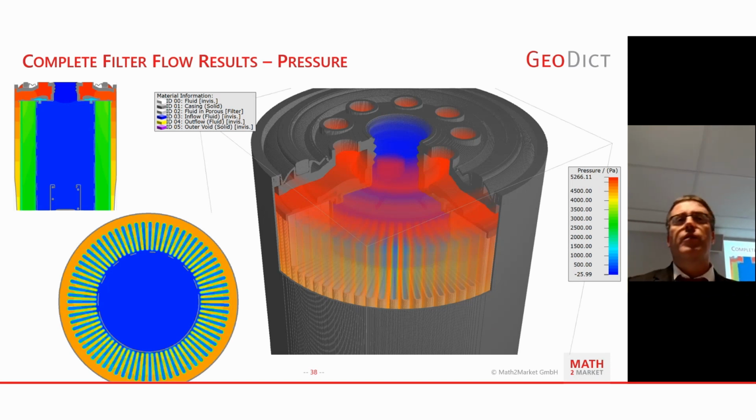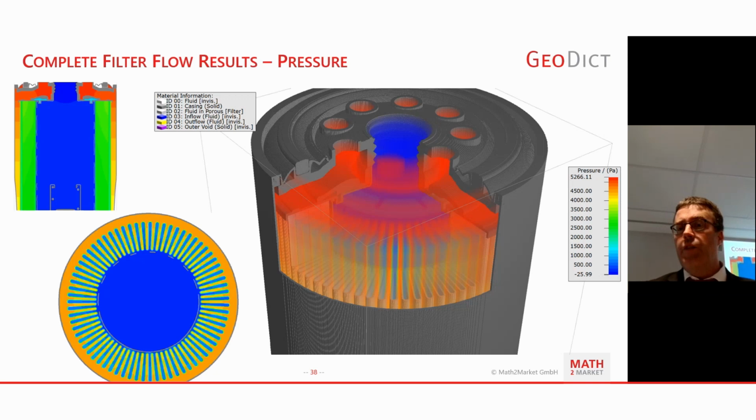The highest pressure is, of course, at the inlet, and it drops along the filter element. Let me show you a bit here on the screen. Here you can see the pressure drop. If I slice through that, there are two slices printed here. One is a vertical slice, same as the velocity field, where you can see the pressure drop going down. This is actually the filter element. And the horizontal slice shows you the inside and outside of our pleated structure.